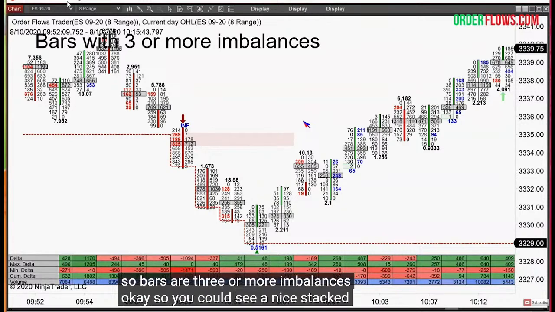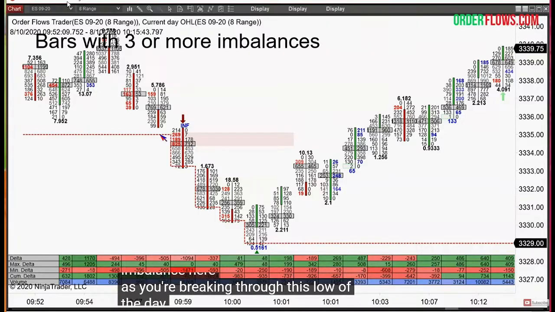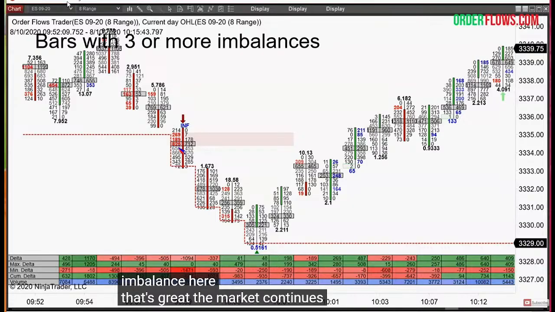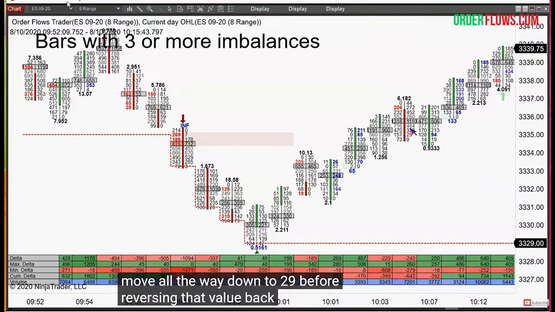Okay, so you can see a nice stacked imbalance here as you're breaking through this low of the day. This red line is the low, 33.35. Yeah, nice stacked selling imbalance here. See, that's great. The market continued to move all the way down to 29 before reversing and rallying back up. But